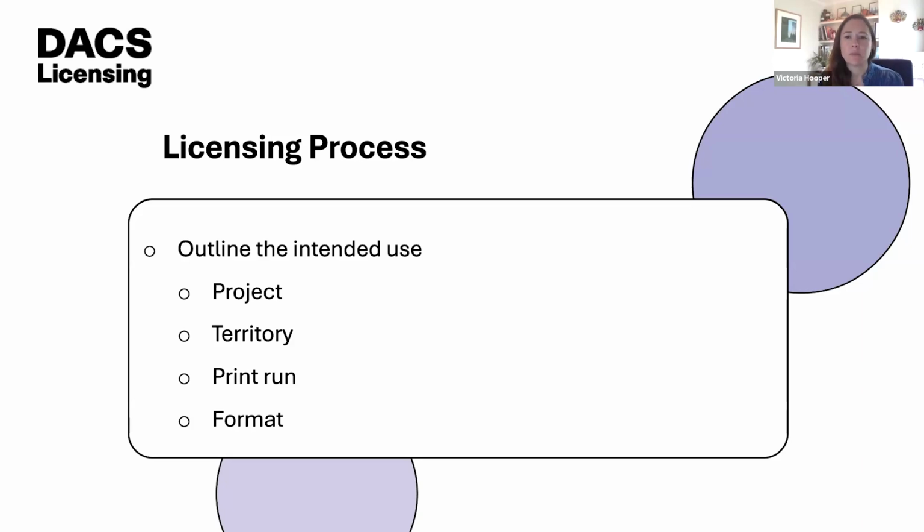Print run, as it says on the tin: how many are you going to be producing? What's the run of the publication that's going to be produced, as well as the format. So obviously in this day and age, it's highly likely that you're doing dual format, so you'll be producing the print as well as a digital version of that. So again, that's really important information to include when you're clearing the rights. Once all of that information has been gathered, then you should be provided a fee for use. By this you can then ascertain whether that's going to fit with your budget, or if it's beyond your budget, and then obviously, if necessary, negotiations can ensue.